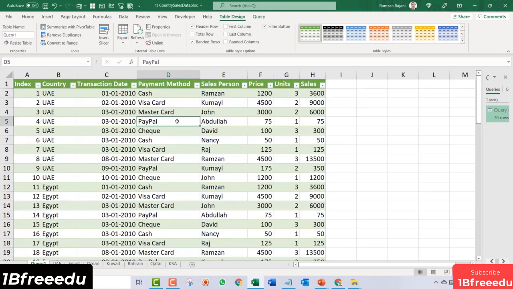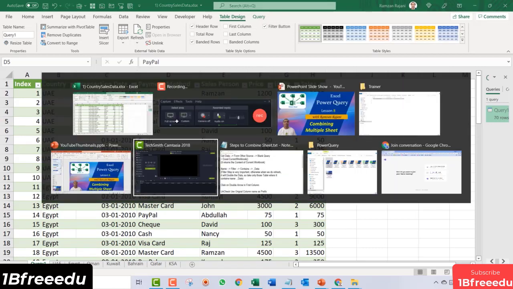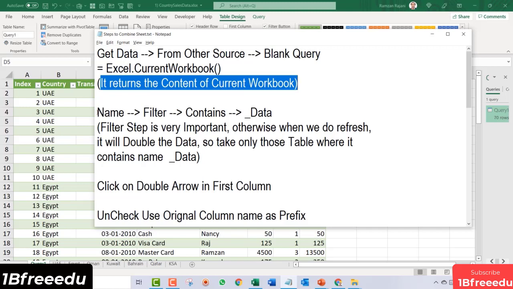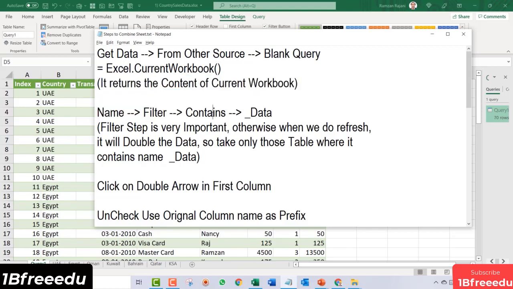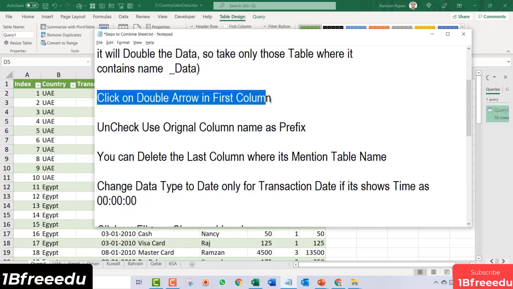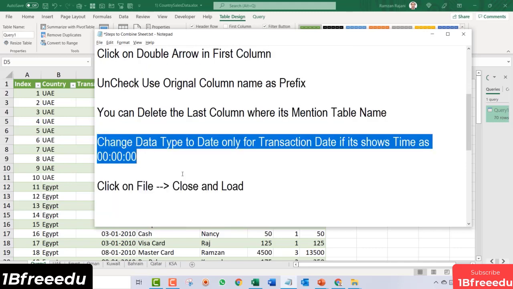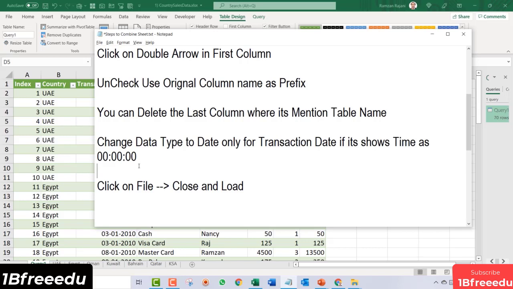What I have done is I have even put a text file for your reference. So over here I have given the steps. You go to Get Data, from Other Sources, click on Blank Query, put this query over here which should be perfectly written, meaning whatever is in capital stays in capital. So it returns the contents of your workbooks. Then you go to the Name column, click on the filter, you can click on contains, or you can just say ends with, and select the ends with filter underscore data. Now you double click on that arrow, uncheck the column prefix, and then you can delete the last column, you can change the data type, everything I have given. I have not written the index column, so I will say